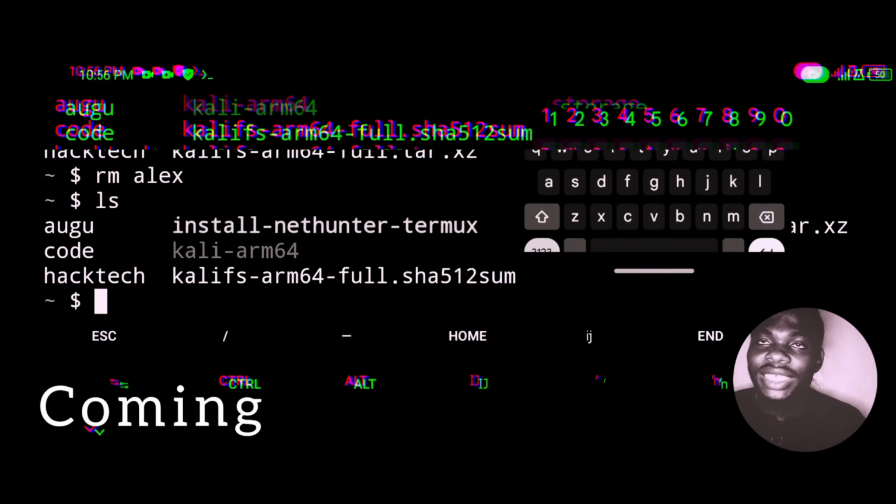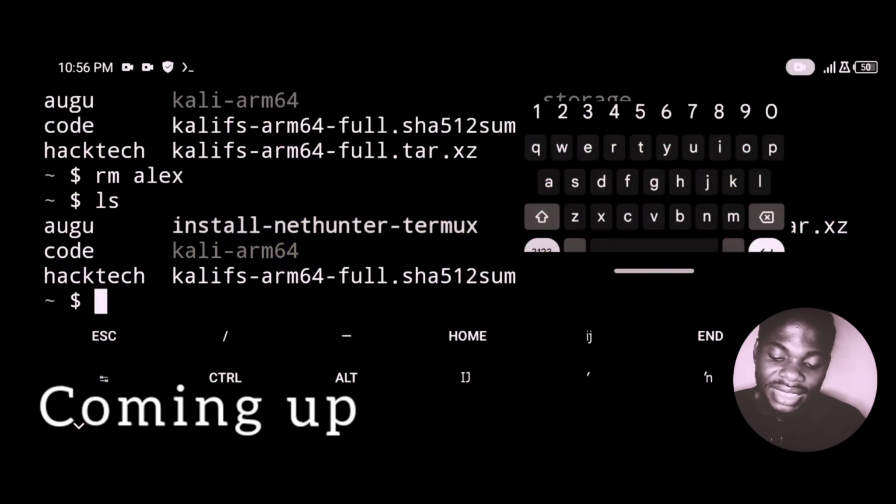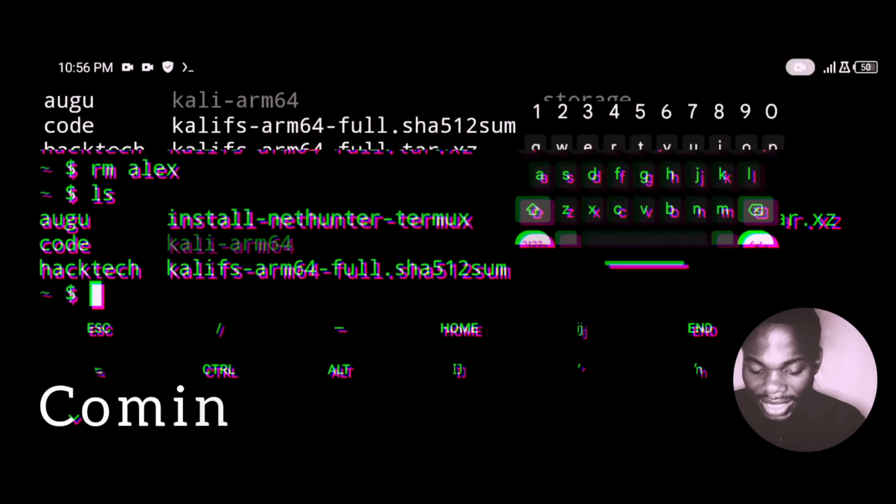Just type one single line of command telling the system to delete, to remove those files. This command is